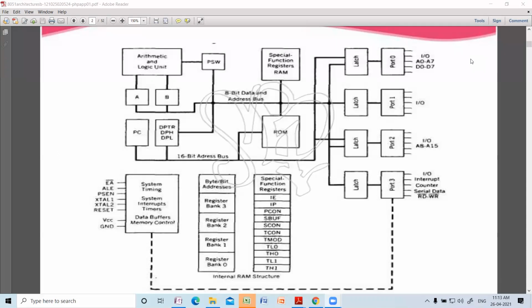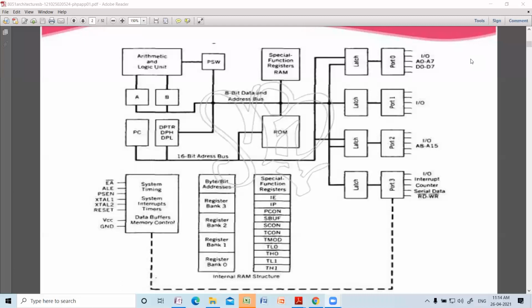If you come down in the second row of the diagram, you can see it is having 4 register banks, register bank 0 to register bank 3. Each and every bank is having 8 registers, each of 8 bits. So totally 32 registers are there.